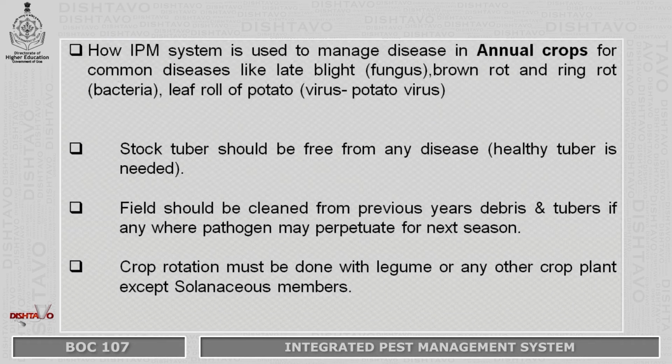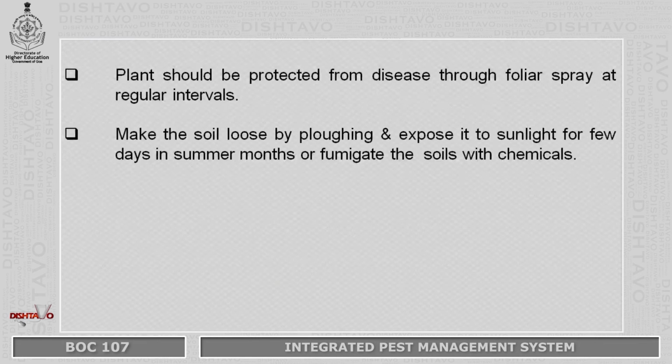Next, the field should be clean from previous year's debris and tubers, if any, where the pathogen may be perpetuated for the next season. Next, crop rotation should be done using legume crops. Plants should be protected from disease through foliar spray at regular intervals. Make the soil loose by plowing and exposing it to sunlight for a few days in the summer months, or fumigate